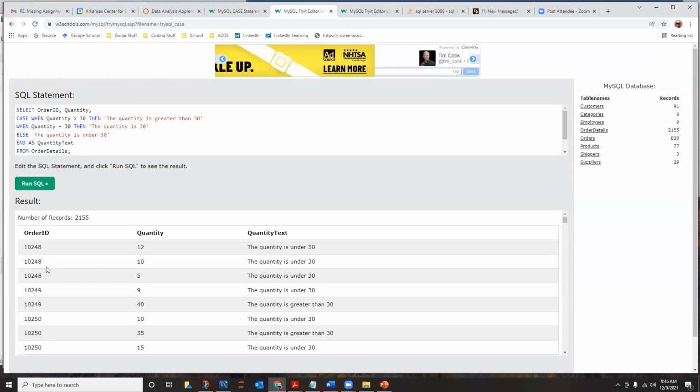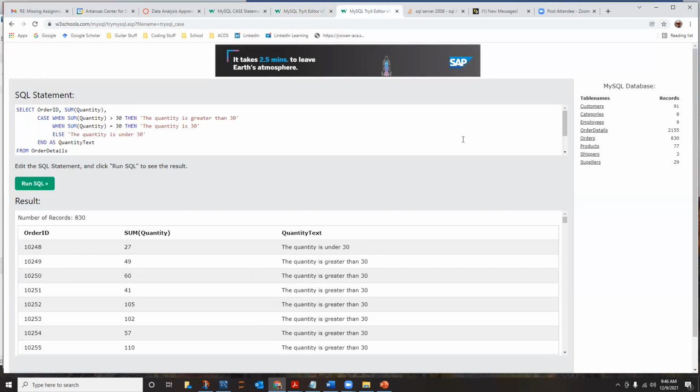So I saw that, and being the curious person that I am, I wanted to count them together. So this was early this morning. Can I? It won't let me. Doggone it! If I could expand that window, that'd be really good. But what I've done here is selected the order ID and the sum of the quantity,